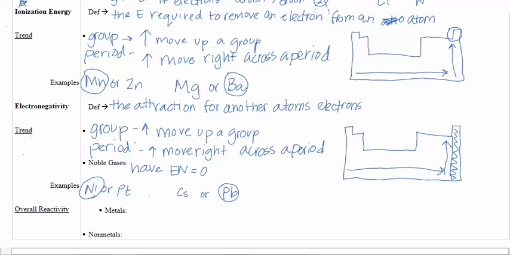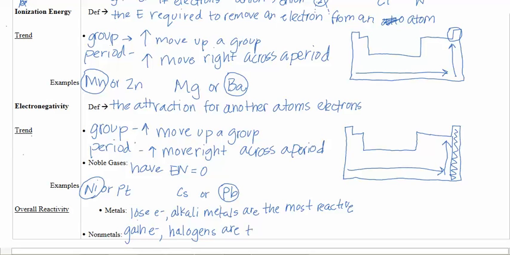All right, so I told you that all of this leads to bonding, which is reactivity. Do things react together to form bonds? So metals typically lose electrons, and our alkali metals, so those metals in the first group, are the most reactive. And then nonmetals. Nonmetals tend to gain electrons, and the halogens